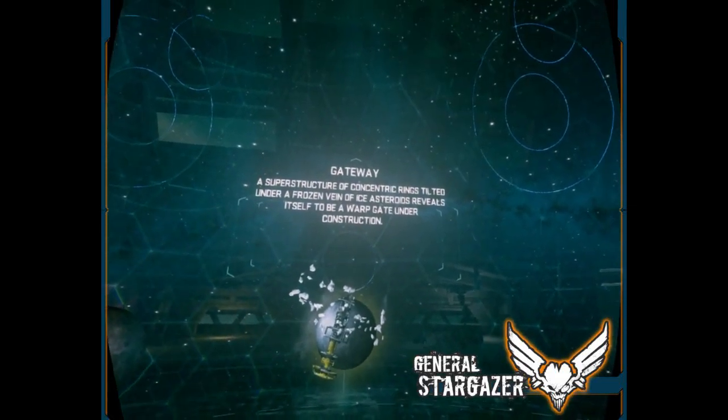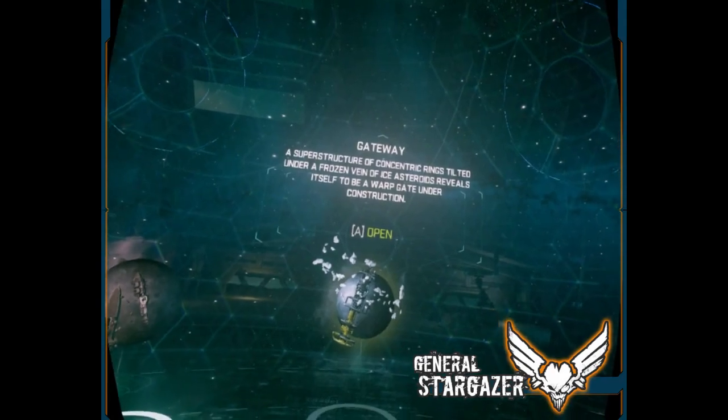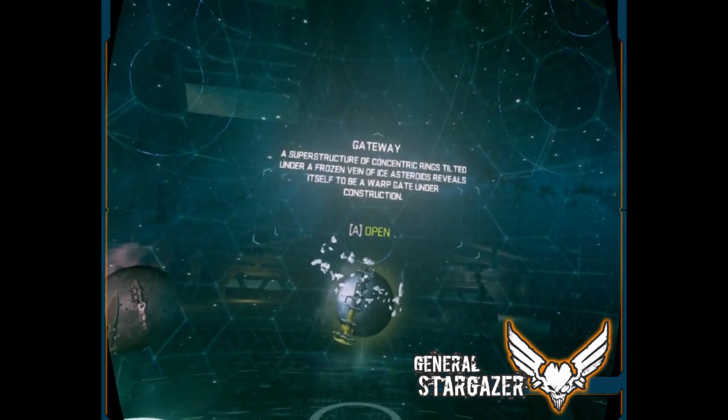Superstructure of concentric rings tilted under a frozen vein of ice asteroids reveals itself to be a warp gate under